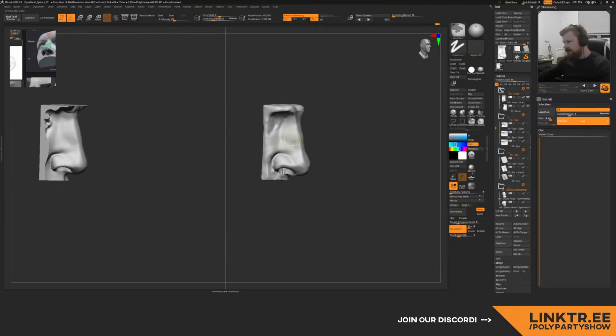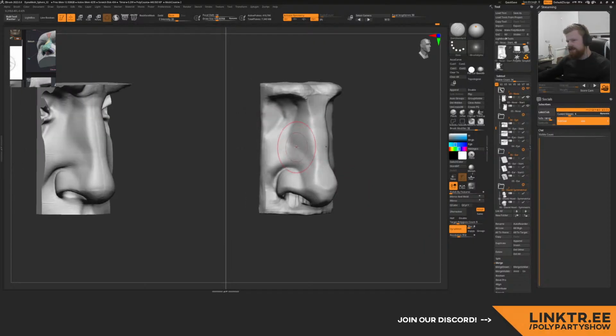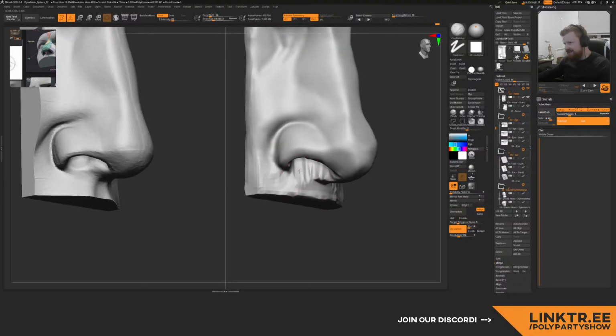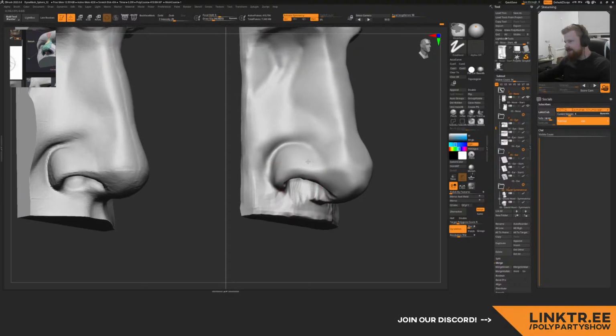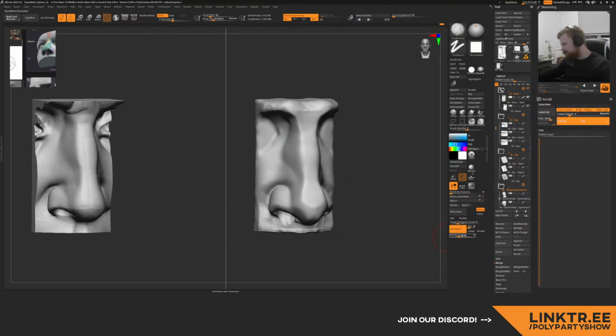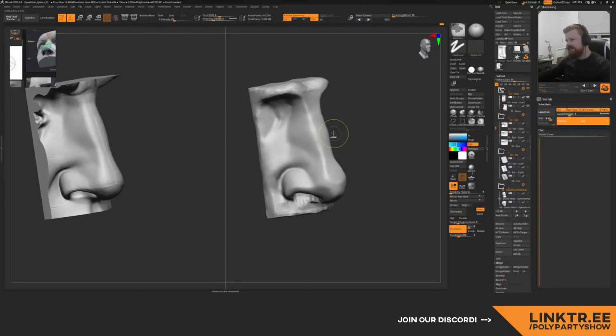But if you're working with dynamic like this and you cannot go back in subdivisions, it forces you to commit and learn, make the most of it, and move on. It's just practice. You're practicing a different way of thinking. You're practicing that you have to get as close as you can before going up in resolution, because after you go up in resolution, it is really hard to change. You cannot just lower